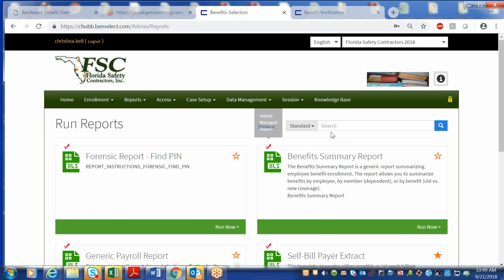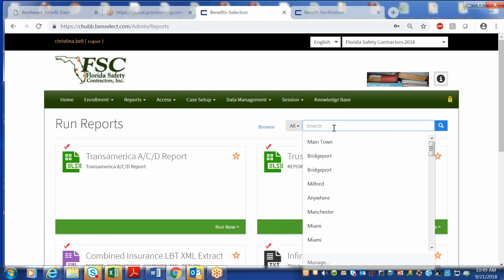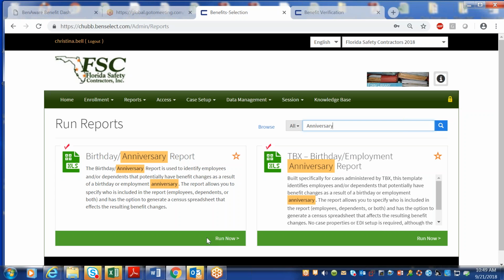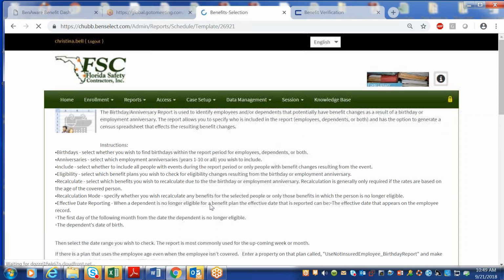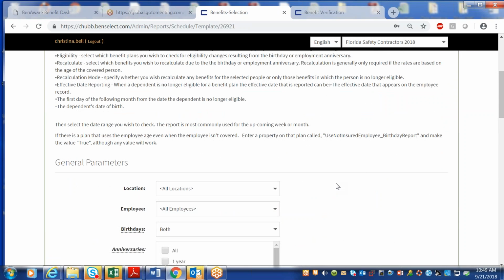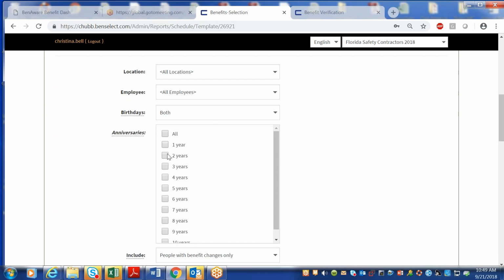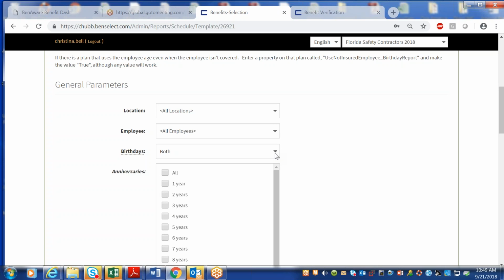Another report that gets set up a lot is the birthday report and anniversary. That's especially for those children, dependents that are aging out, or even for if you have benefits where it's reduced by age, especially those life insurance policies for employees who might be 70 or older. This is a great report to have so that way you can go into the system and make sure that everything gets updated appropriately and correctly for all of your employees. I do have some clients that actually their employees get tenured at a certain number of years. So they'll check these boxes because it's important for them, their medical rates and all that changes. In this case,